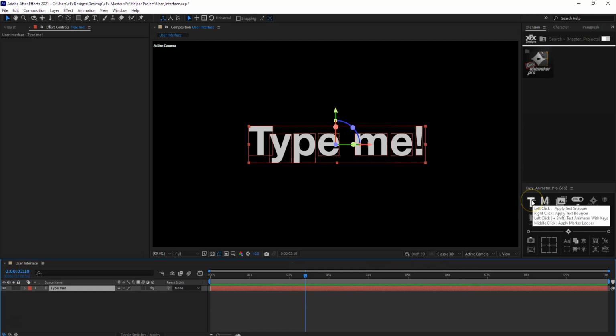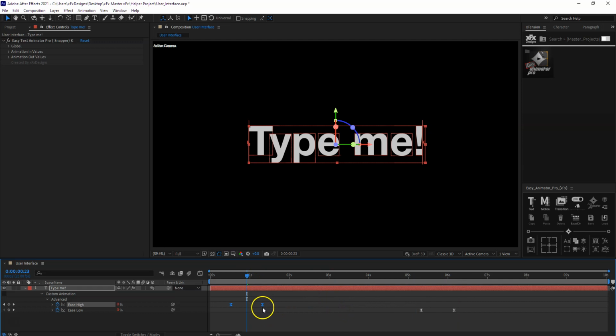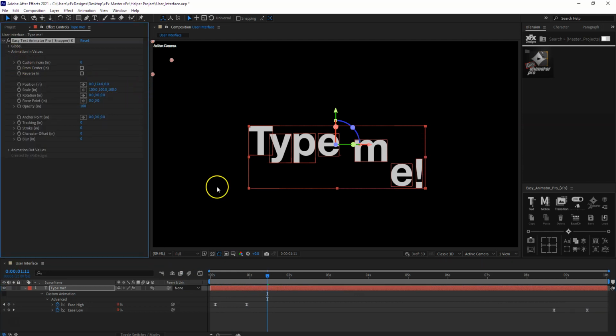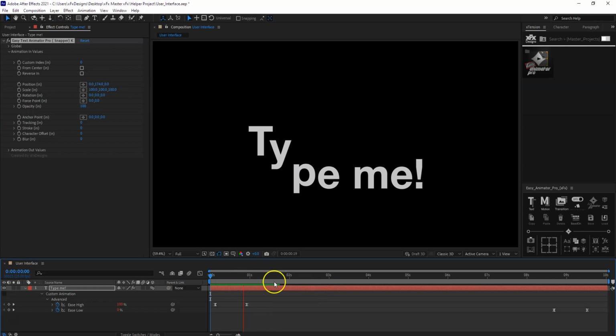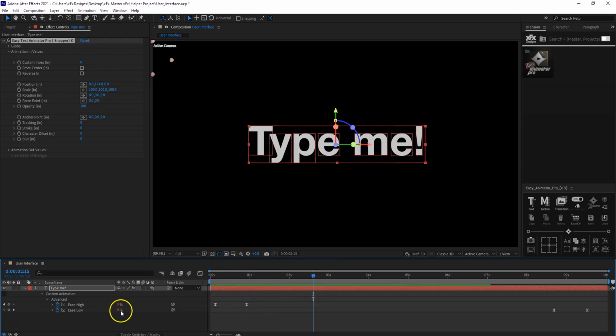Next we've got the keys, which we can apply with left click and shift, and this one has some keyframes here. Let's drag them, for example, to the beginning and to the end. You don't have to, but I will do this for the example. And now again I will add a quick animator here, and as you can see my animation happens based on my easing here, which you can also